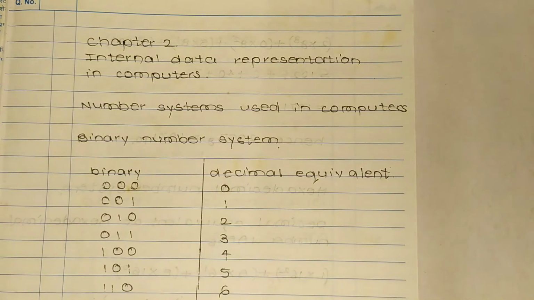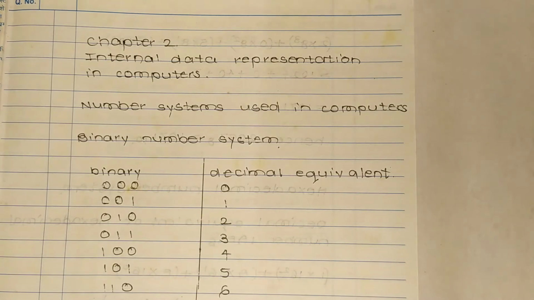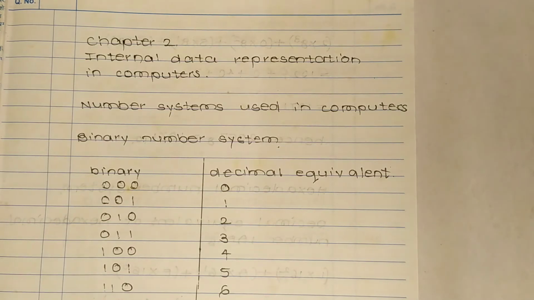In non-positional number system, we have symbols such as I for 1, II for 2, III for 3, etc. Each symbol represents the same value regardless of its position in a number, and to find the value of a number, one has to count the number of symbols present in the number. So basically there are some number systems in which only symbols are present for every number.